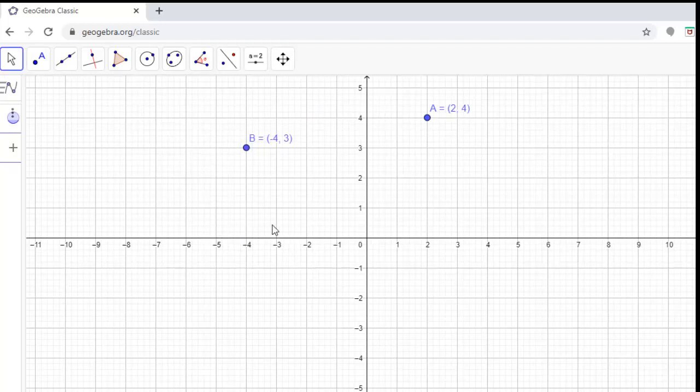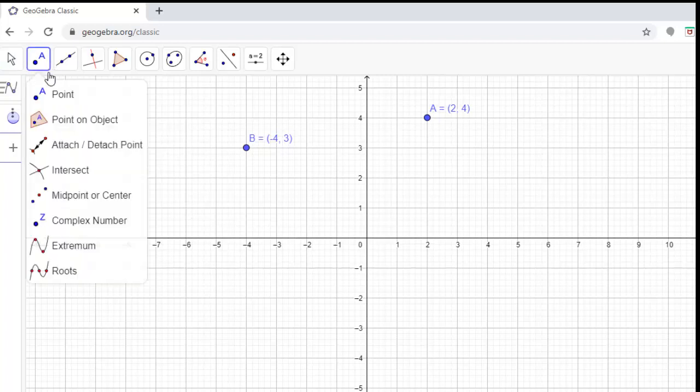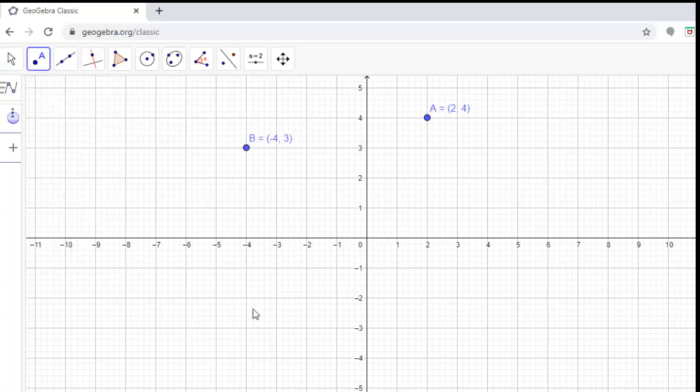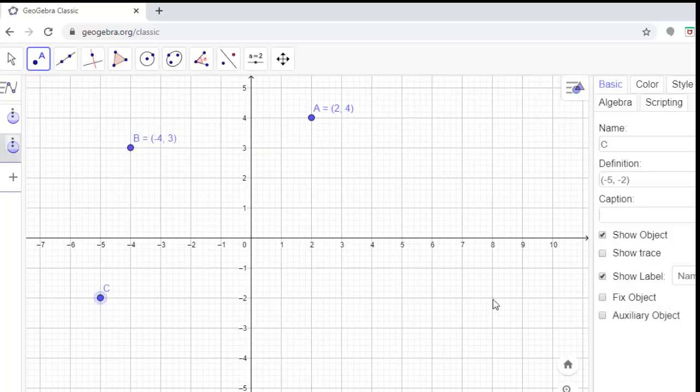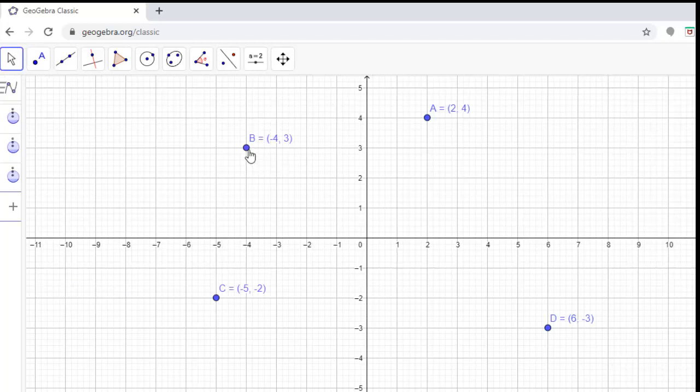Similarly the third point, suppose you are in the third quadrant. Suppose -5, -2. So I will start from the origin, then -5, then -2. You can change the coordinates by moving the point.